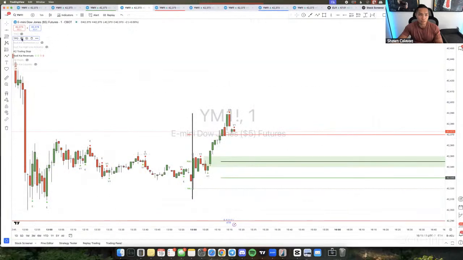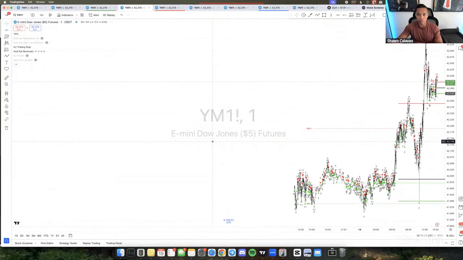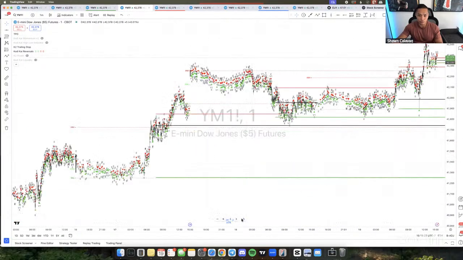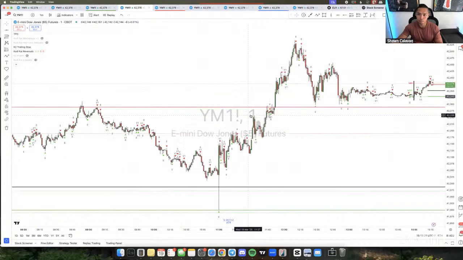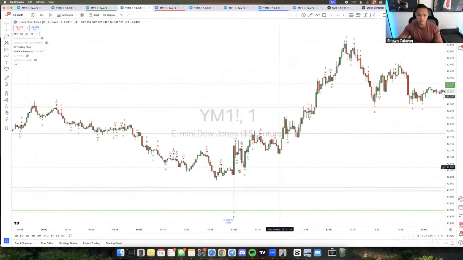And this is one thing that you guys will see too. A lot of times what you'll see here is just the closest ones. What you have to do is zoom out on the 1 minute, zoom all the way out, and then refresh it or go back down here to reset the chart. Once you have that there, you'll have all the levels.